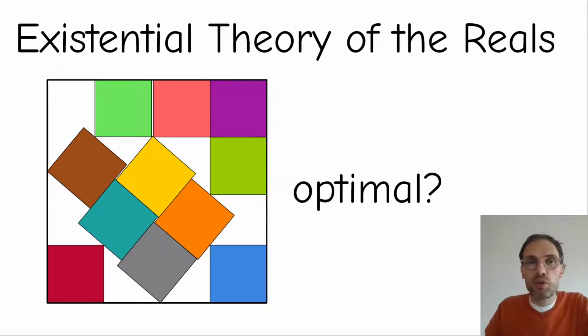Another aspect that I want to highlight here is how difficult it is to solve these problems. So here we have 11 unit squares, and we want to find the smallest square container containing 11 unit squares. This is the currently best known solution, but we do not know if it is the best solution. And if you have an instance of an NP-complete problem of size 11, you just have